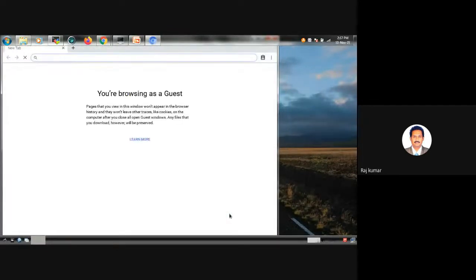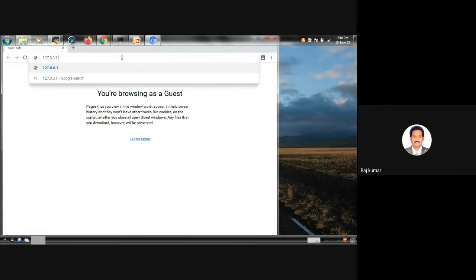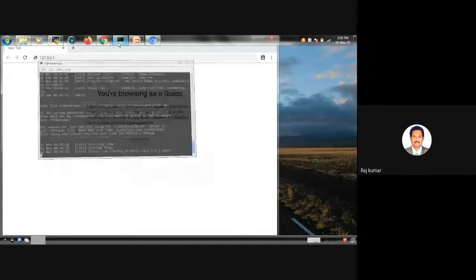In the URL, you can type 127.0.0.1 colon followed by 1880.